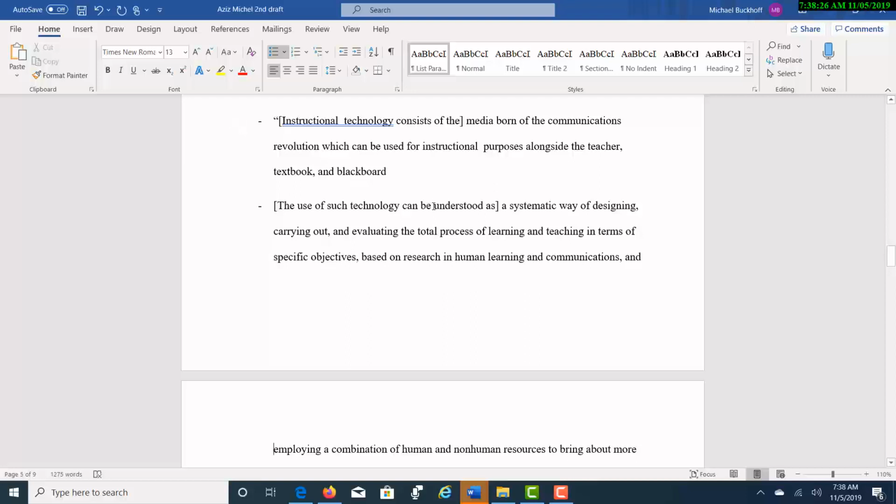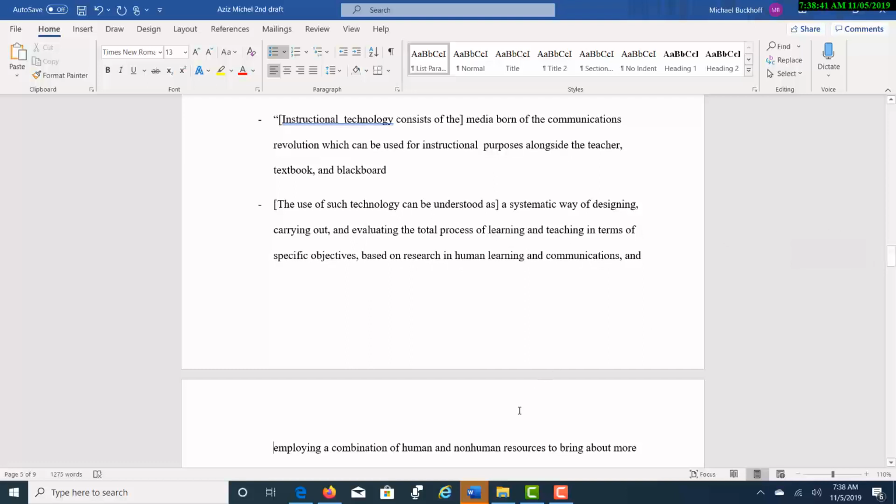So the use of such technology can be understood as a systematic way of designing, carrying out, and evaluating the total process of learning and teaching in terms of specific objectives based on research and human learning and communications, and employing a combination